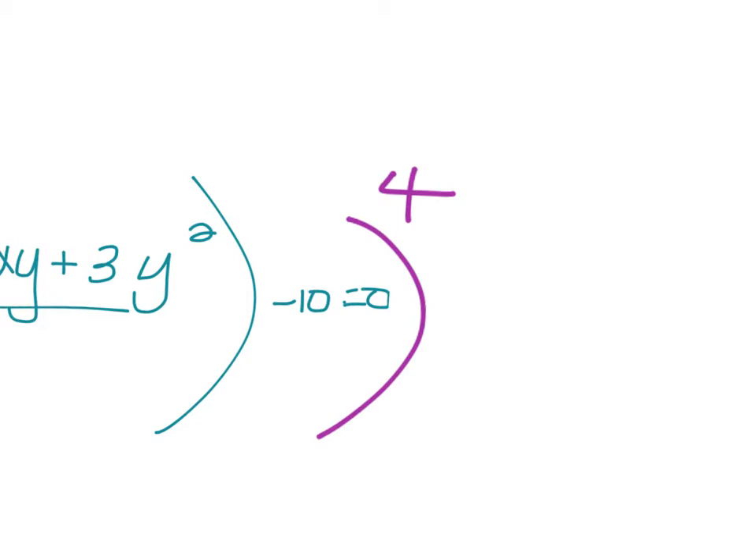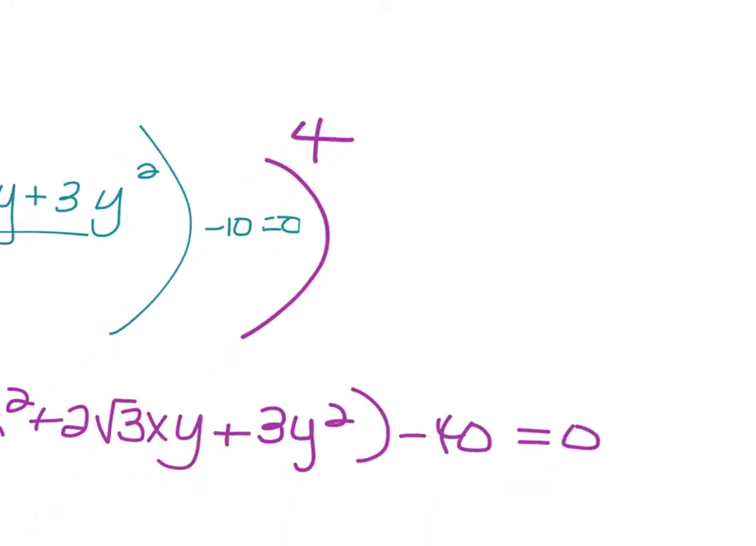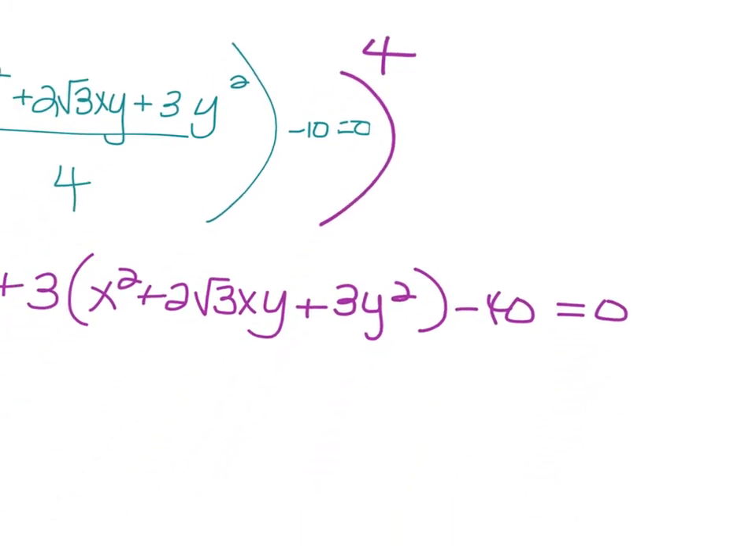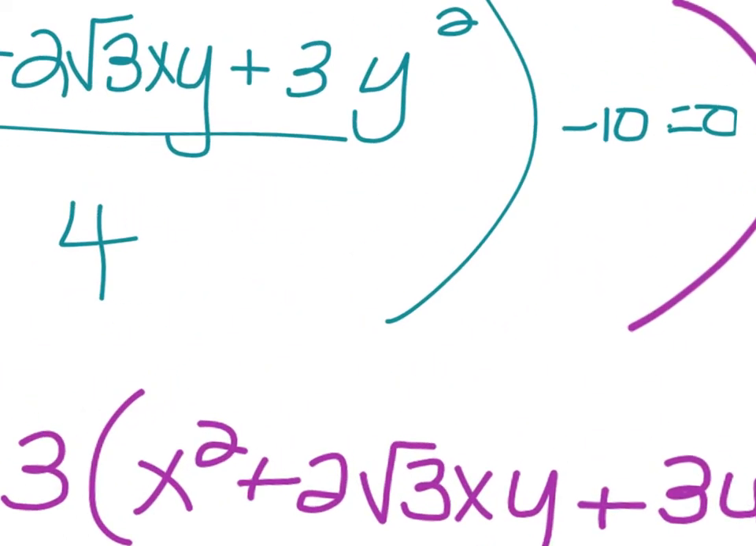Plus 3 times x squared plus 2 root 3xy plus 3y squared, minus 40 equals 0. So that 4 is going to get multiplied by the constant as well. Now I'm going to distribute in each of the terms on the front. So the first one should be 12x squared minus 8 root 3 xy plus 4y squared